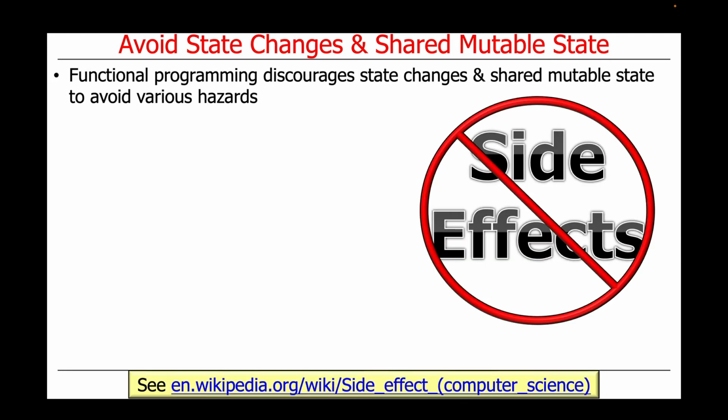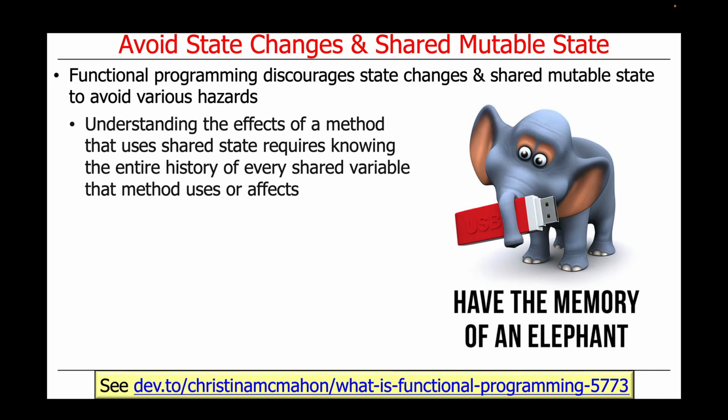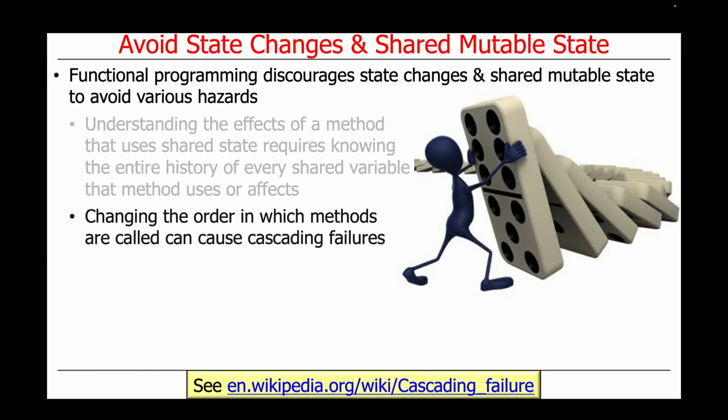Functional programming discourages state changes and shared mutable state to avoid various types of hazards. One of the hazards of using shared mutable state is that understanding the effects of a method that uses shared state requires knowing the entire history of every shared variable that method uses or affects. Another hazard of using shared mutable state is that changing the order in which methods are called can cause